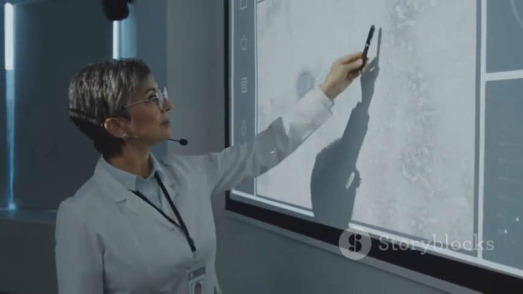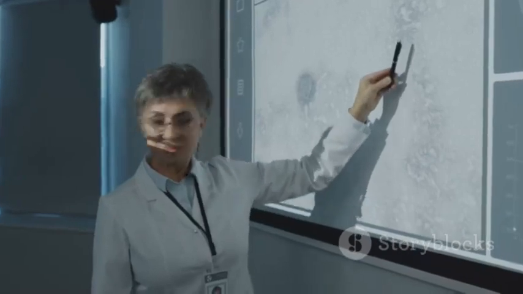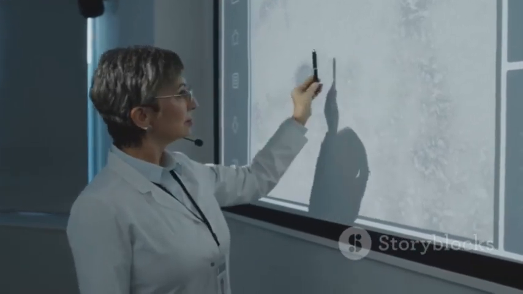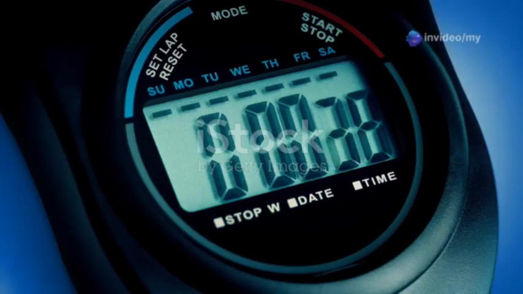Amplitude, frequency, and time period are not isolated concepts, they are intimately connected. Frequency and time period have an inverse relationship. Higher frequency means a shorter time period, and vice versa. Imagine a hummingbird flapping its wings rapidly. The frequency is high, and the time period for each flap is incredibly short.